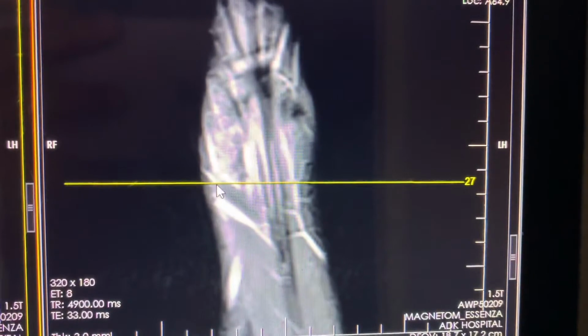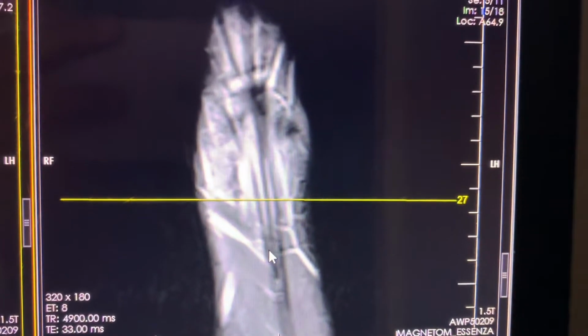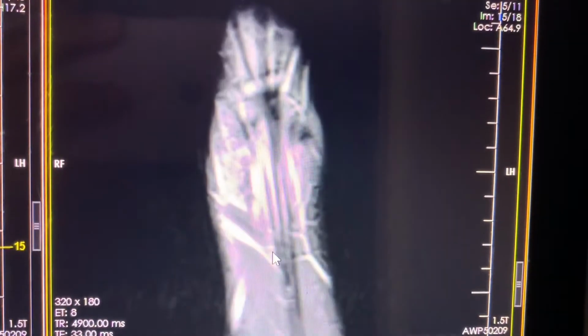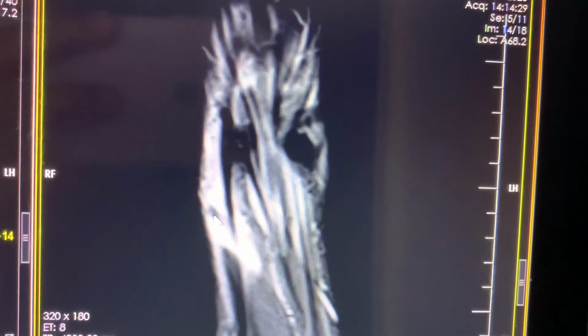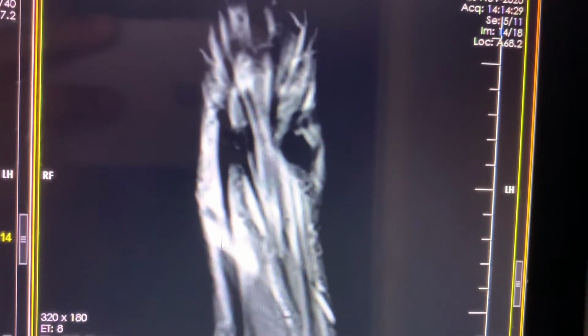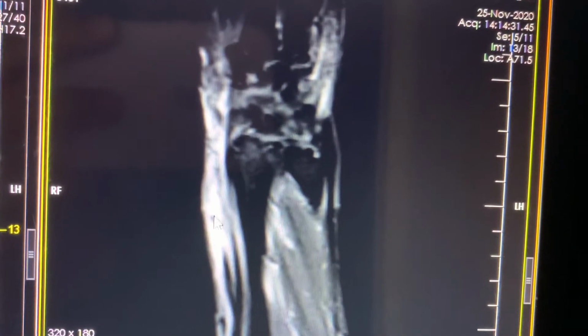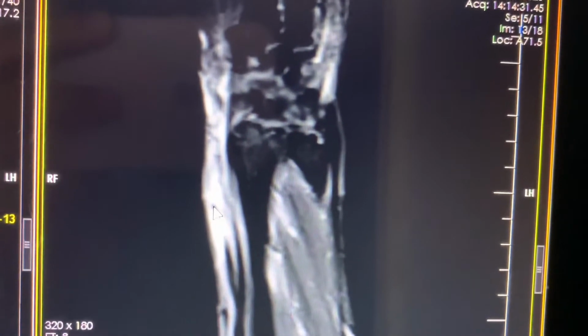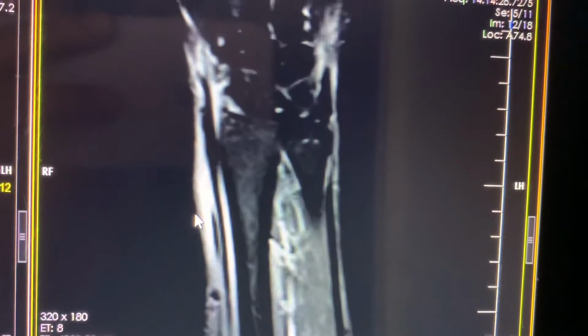So we can see this is the first extensor compartment tendons going, which were medial. Now they are crossing over, and we can appreciate there is this significant amount of edema and fluid around this first extensor compartment crossing over tendons. Now as they are crossing over, see this significant amount of fluid, and then the first extensor tendons continue in the wrist. So this is a classical case of